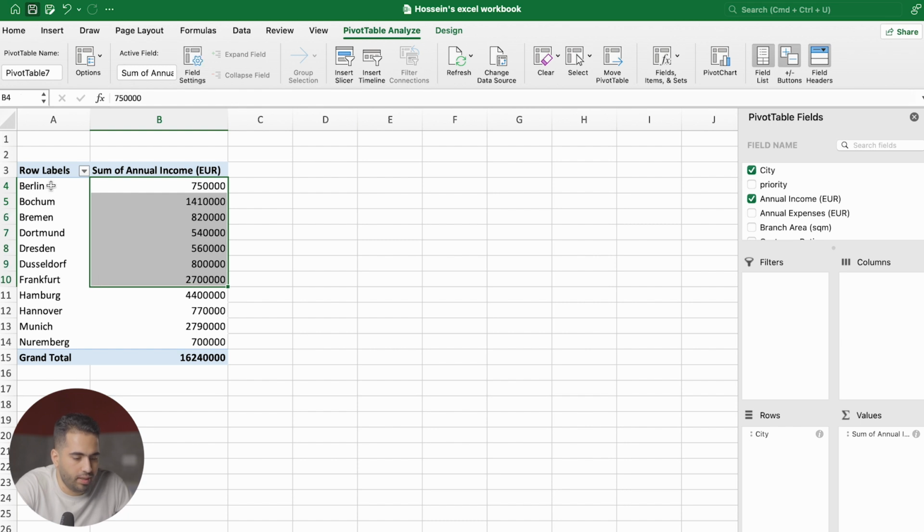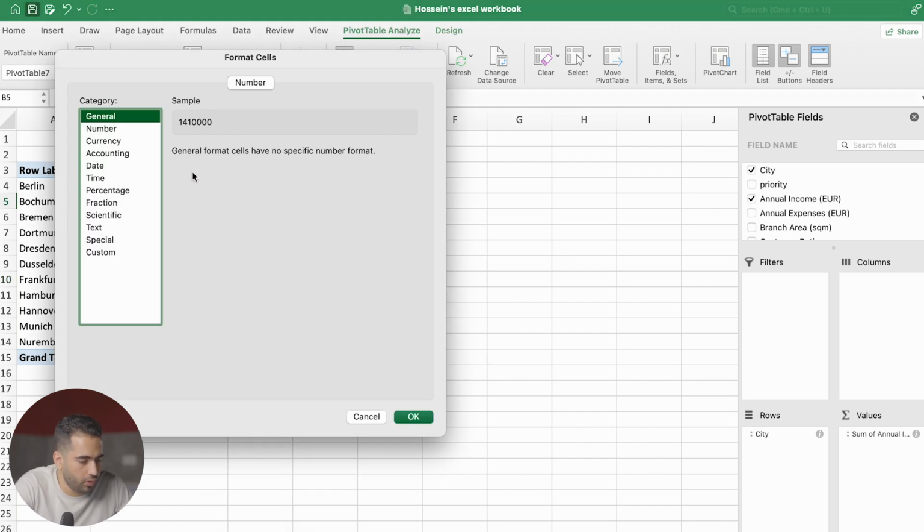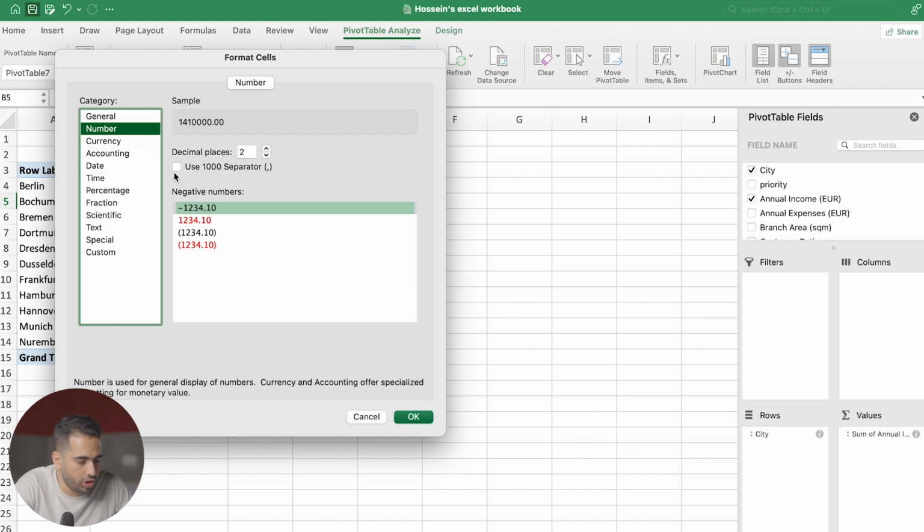So all the branches in Frankfurt, all the branches in Düsseldorf. If you're not comfortable with this format, here's a quick tip. Considering that these are the prices, it's better to appear in pricing format. So I can right click here, go to number formats, and select number, check the comma separator, and then